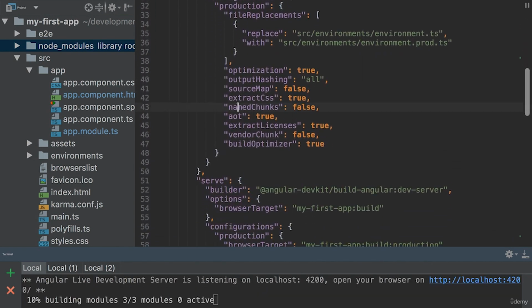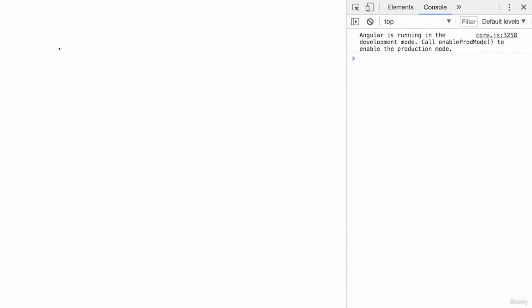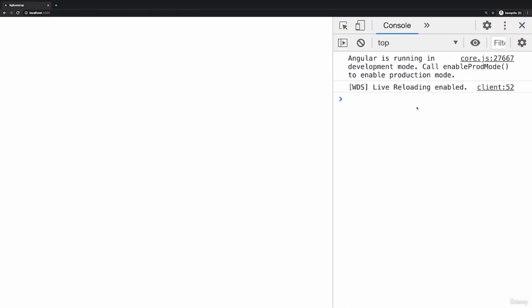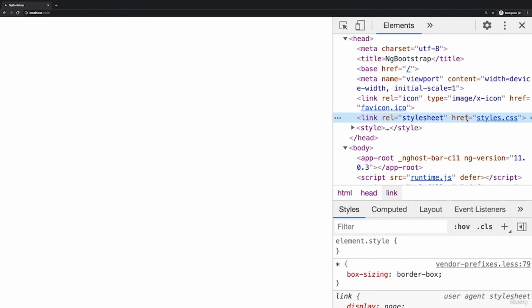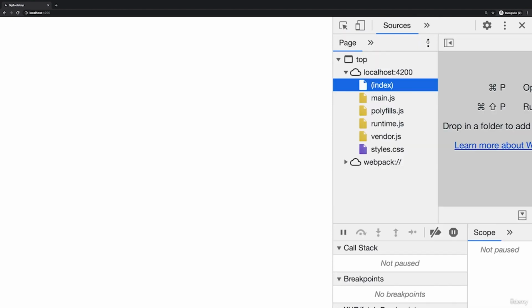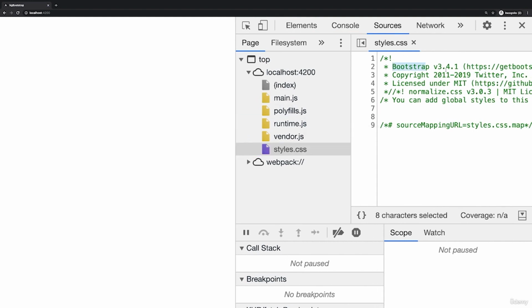As I said, you don't really need to change anything else here. The default configuration should work perfectly. So once you're done, you can visit localhost:4200 and you won't see anything because I deleted all the content in the template. But if you open the developer tools and you go to the elements tab there, here in the head section, you will see that the styles CSS file is being imported. And if you go to sources, you should find that styles CSS file here. And in there, you will see that it's mentioning Bootstrap,